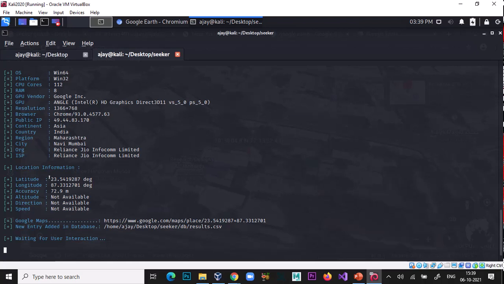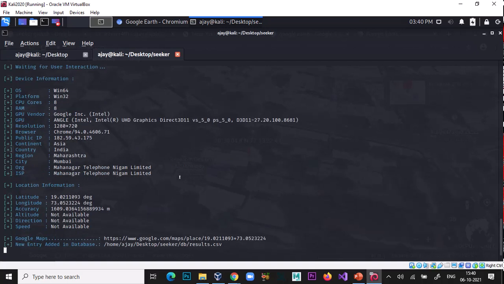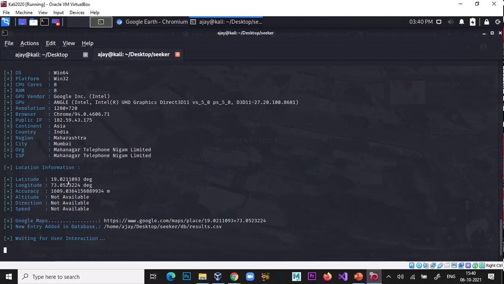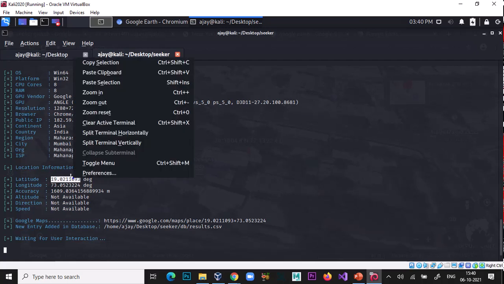But I got their latitude and longitude. And some another person also clicked, so I got another longitude and latitude. So I just use Mumbai Mahanagar Telephone Nigam. I just use these longitude and latitude. Copy.